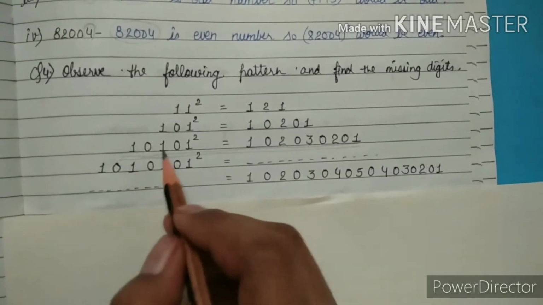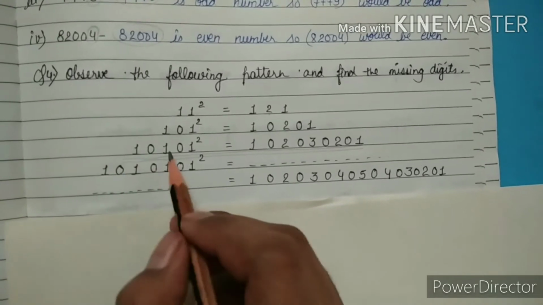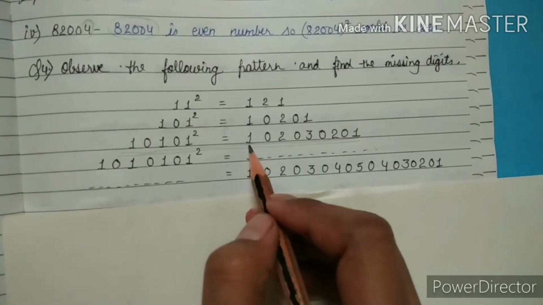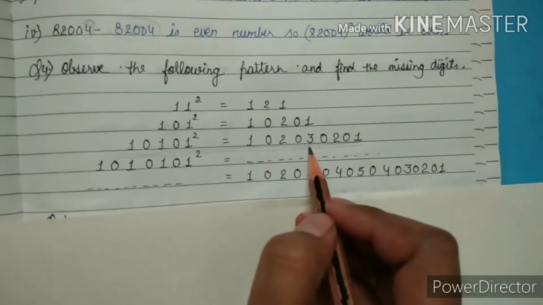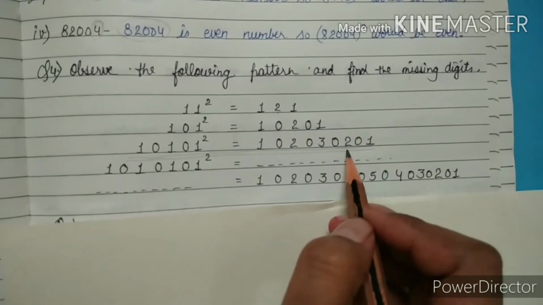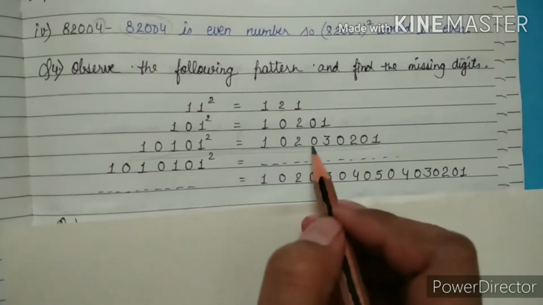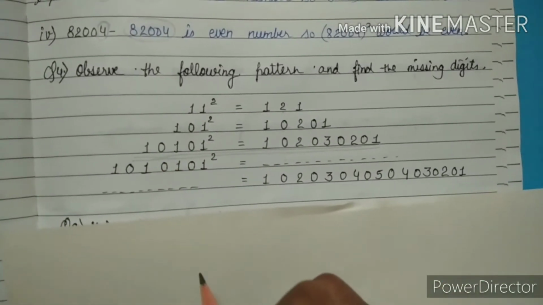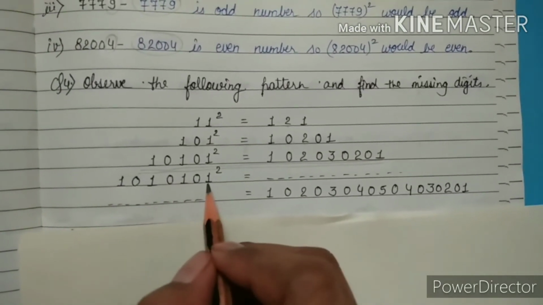Here we have 3 times 1. How many times 1 is here? 1, 2, 3. So 3 times 1 is here. We go from 1, then 2 will come, then 3 will come. Up to where do we have to come? 3. Then we will go in descending order. Before 3, 2 will come. Before 2, 1. And in between every digit we have to put 0, because in between every 1 there is also 1 time 0.